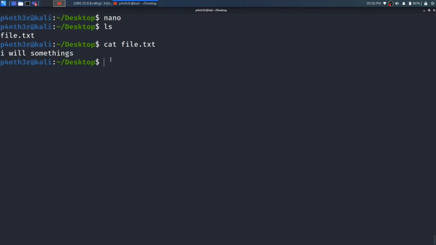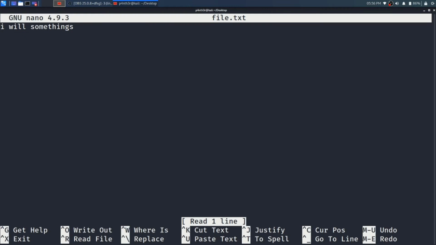To use nano with a file you can also type nano file.txt, specifying the file name at the time of opening the Nano Editor. Just type file.txt and press enter. You will see the data in that file shown here. And now if you want to edit that file, just edit it.